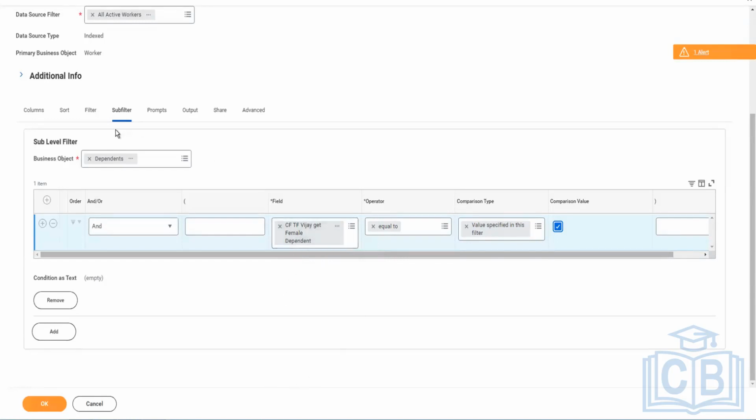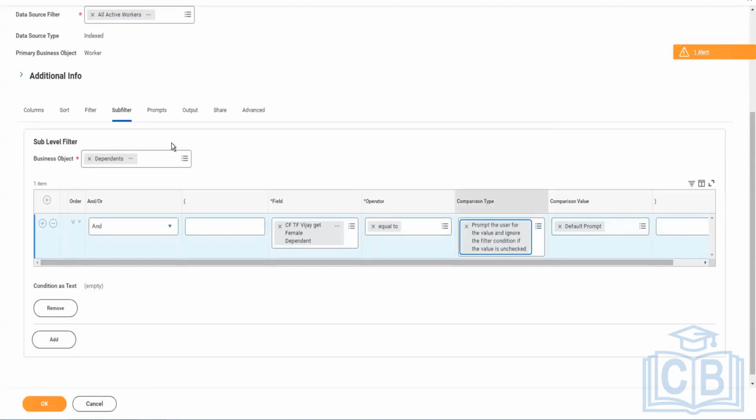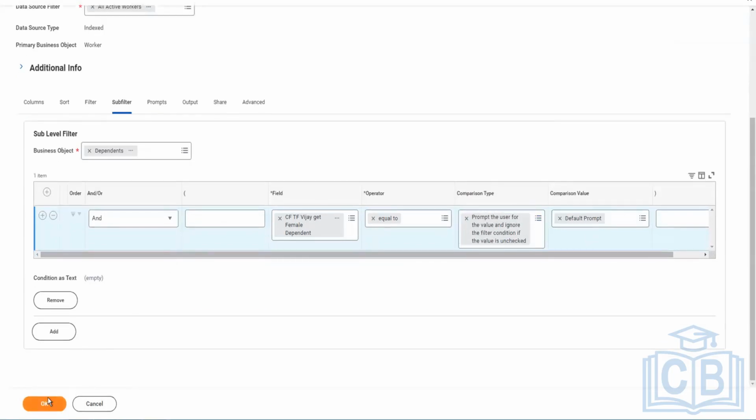So one option we tried with the filter on the prompts, that was the second option. Now, same thing that you did with the filter, you can do same thing with the sub filter. So it is just the comparison type that you are doing. So instead of hard coding the value here, you can say prompt the user for the value. So if I just want to prompt the same thing, instead of a default check, now it is being prompted. And if I go and save my value again here,